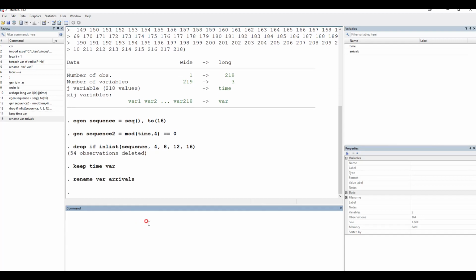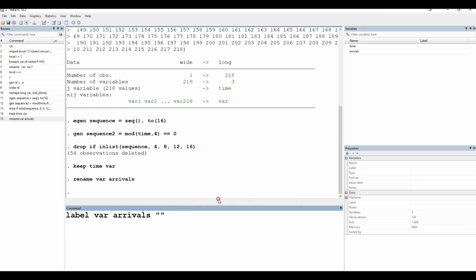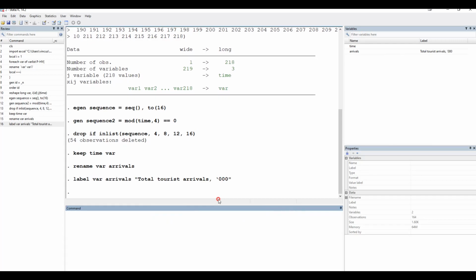I will also label arrivals appropriately. So these are tourist arrivals, actual total tourist arrivals. I will also destring it,